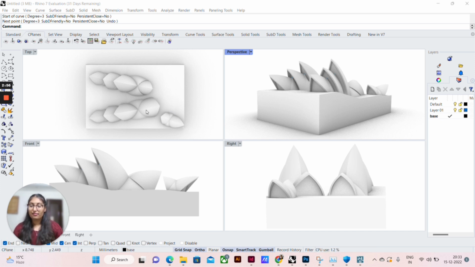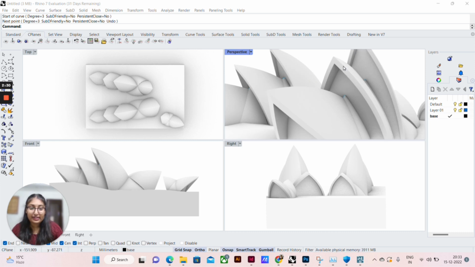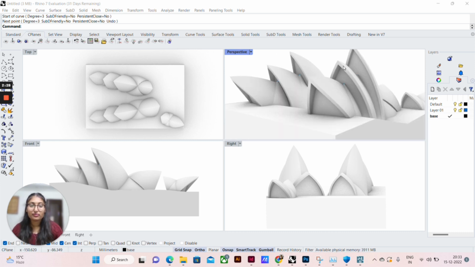Once I got this, I went to the top view and then I mirrored these curves to form the petals. Once these petals were formed, I used the patch tool to create the surface for the petals. After that, I copied that to form another set of petals. For this, I had to make a little bit of changes to create the perfect shape. Similarly, I made this form also. After this, I used the offset tool to create a sense of volume.